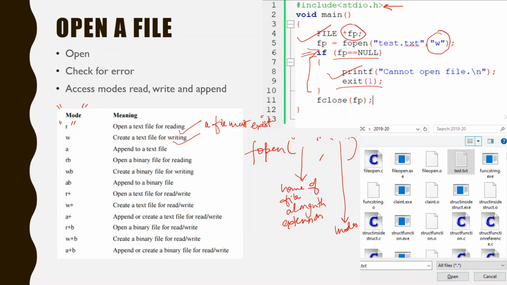So what can be the possible error while reading? That the file must exist. If you are trying to read a file which does not exist in your secondary storage, then it is going to produce an error. Okay, and in the reading mode, if this is a file and this is your program, then the file pointer is created in read mode, and the file pointer starts from the beginning of the file. So this is the thing that you have to remember, that the initial position is at the beginning of the file.